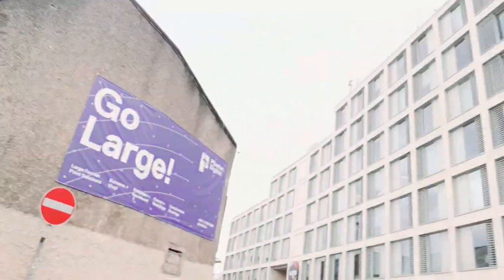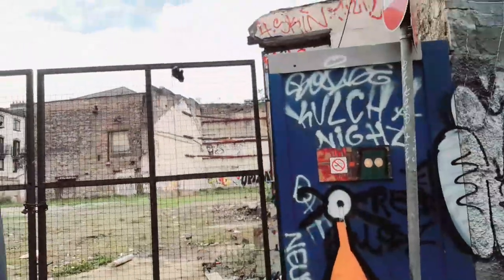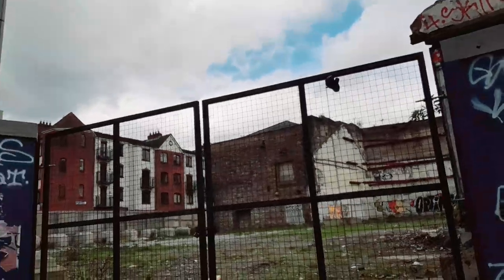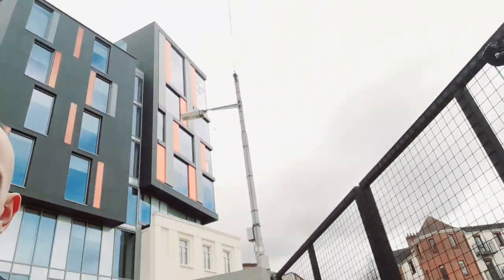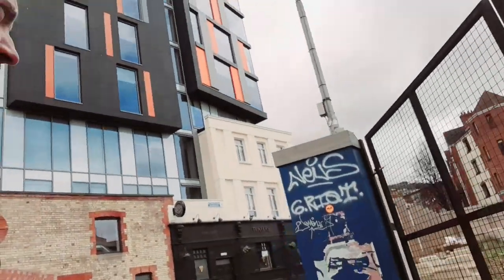As we take a walk down towards Blackpitts, I'll just explain a few little things around this area. It's changed dramatically in the last few years. This site was supposed to be for a co-living site. Been lying idle for many years, this derelict site, like many around Dublin City, being flipped many times before developers move in and purchase these places and apply for planning permission, then sell it on at extortionate profits. And we see the high-rise student accommodation underneath the old Tenters pub, and that's back in the distance towards Newmarket